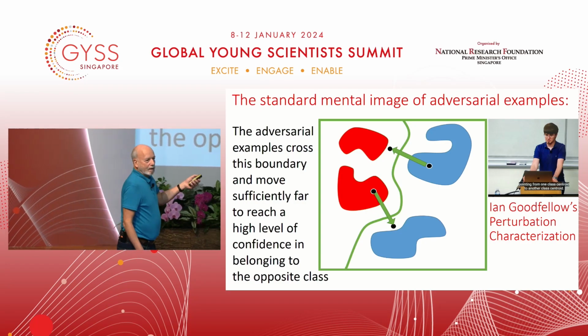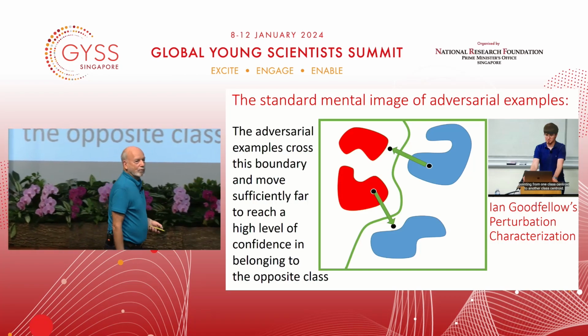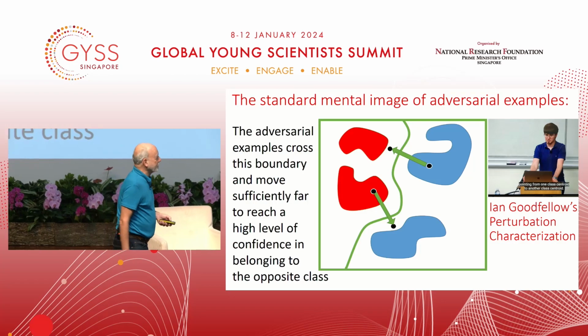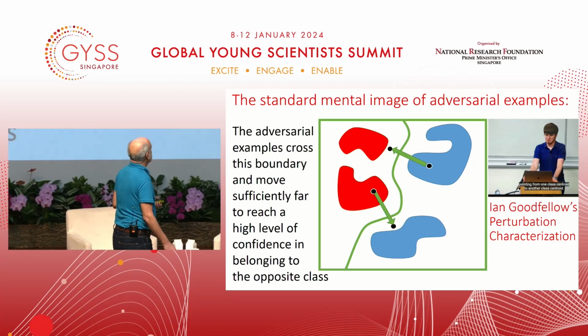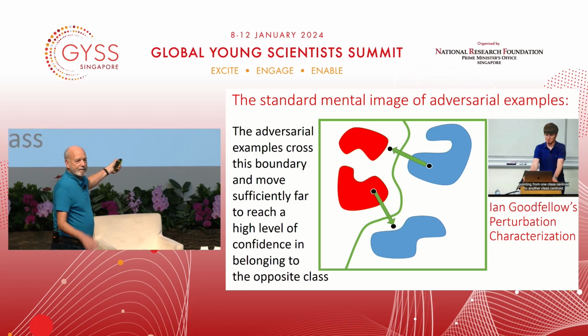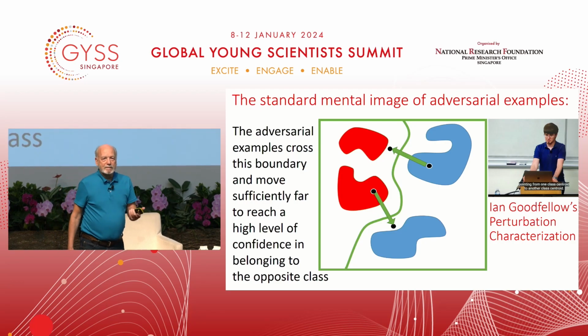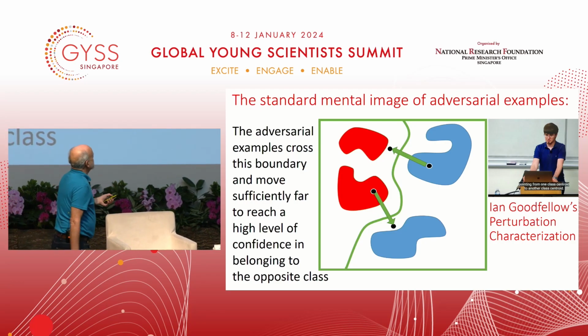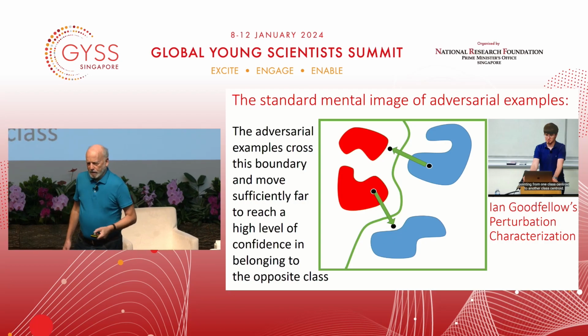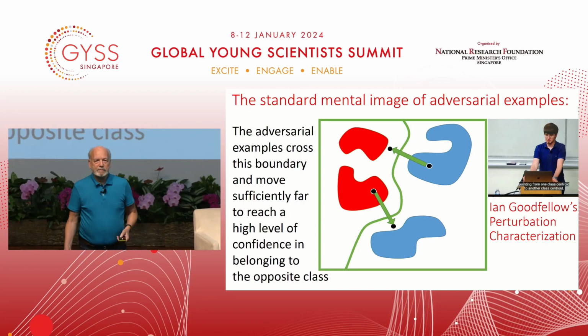So when one of the co-authors of the original paper about adversarial examples from 2013 was asked in a public lecture, what is the meaning of the perturbation, this crazy, random-looking pattern, which moves you from the cat to something that looks like a cat but is recognized as guacamole? He says, those directions are pointing from one class centroid to another class centroid. But if you think about it, the